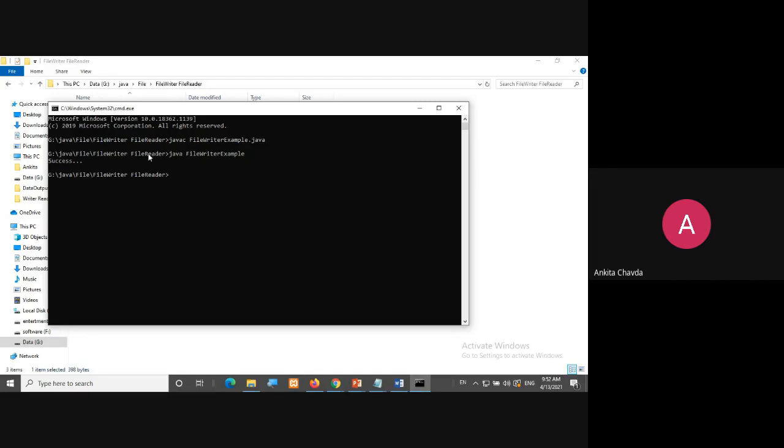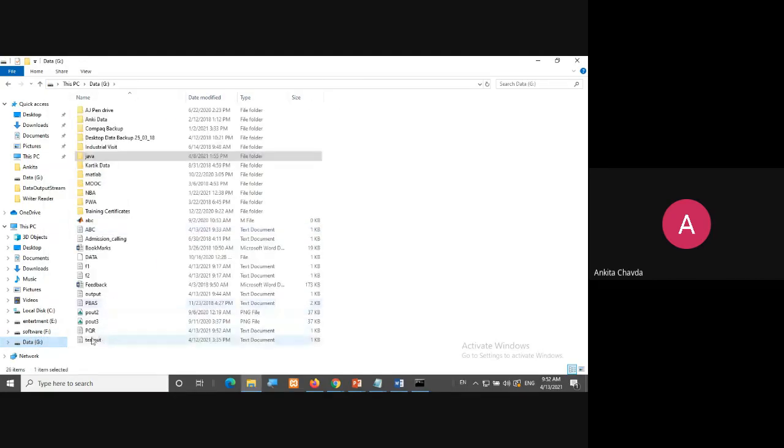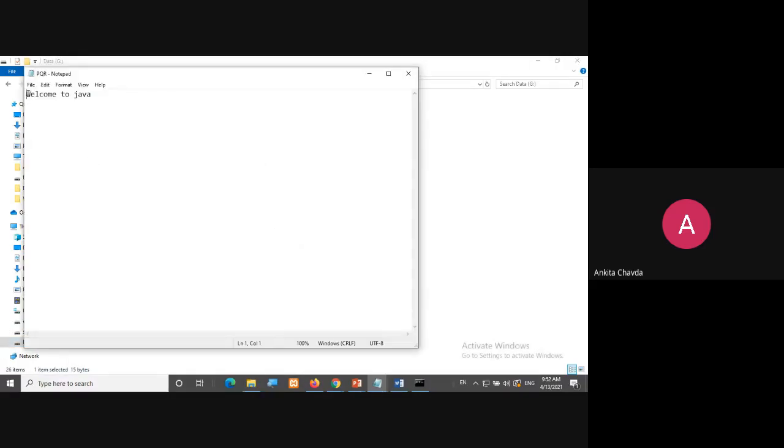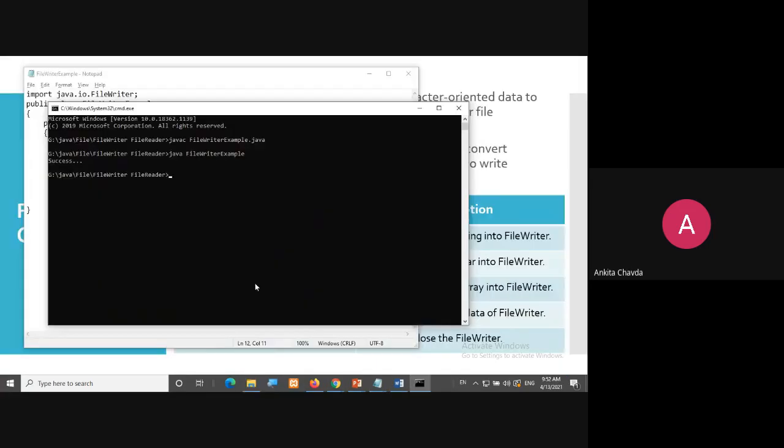Fine. So again, it is written successfully. We'll go to this G drive and I'll find PQR. Yes, this is my PQR file where "welcome to Java" is written. Fine. I'll again go to my reader class where I'm reading it.